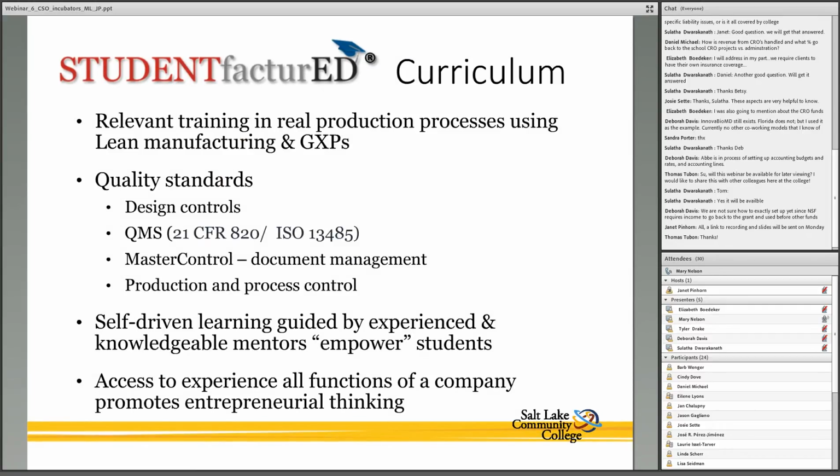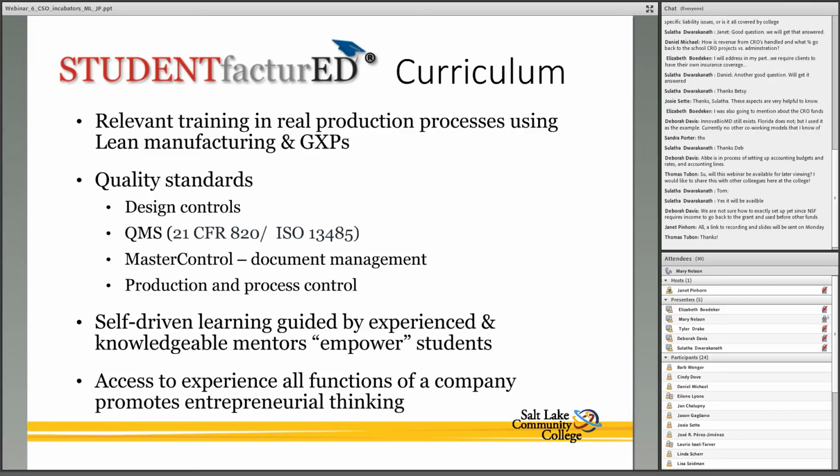So the curriculum, a little bit more about that. The students get real training. They're doing real projects. We are manufacturing. We try to teach them as much as we can: lean principles, how to follow the GXPs, so good documentation practices, good laboratory practices. We have an emphasis on quality standards, so we have a module within the internship where